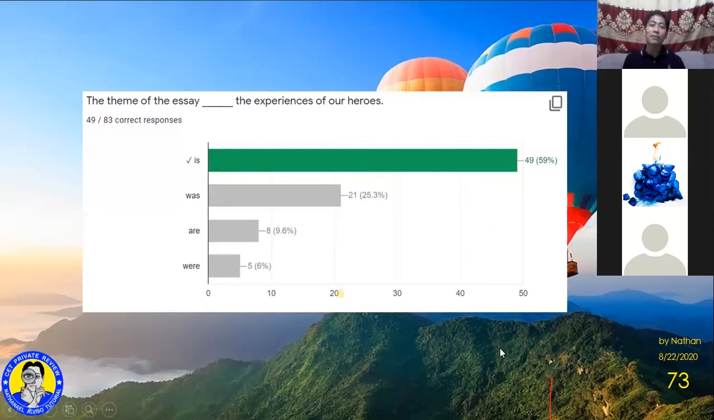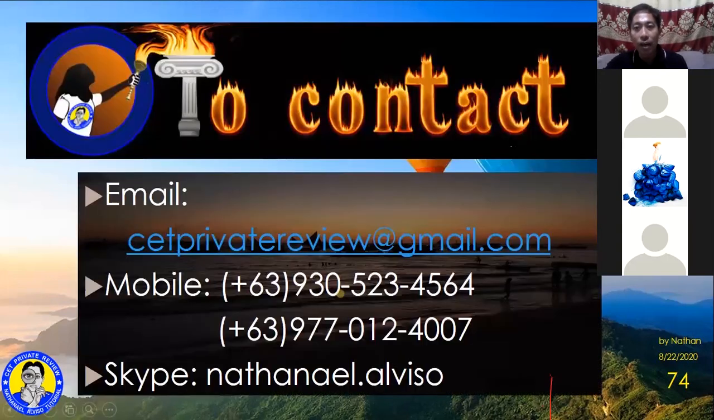Again, guys, subjunctive mood, singular subject takes plural verbs, okay? They are not following subject-verb agreement. So that ends our marathon discussion of 100